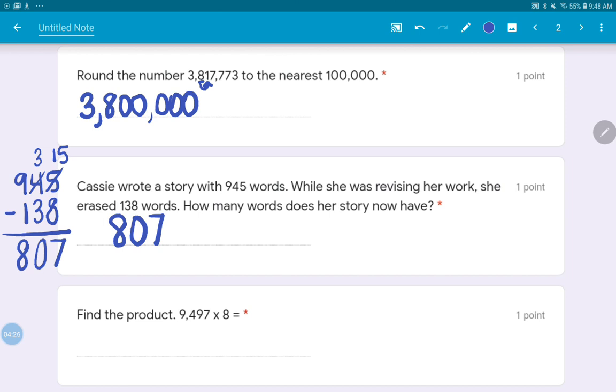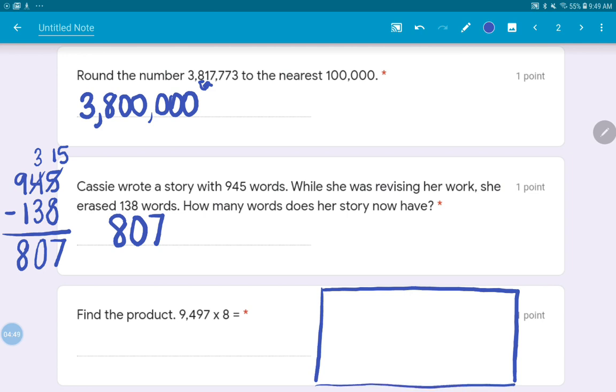All right, now we're finding the product of 9,497 times 8. So let's draw an area model today. This is one of the strategies that we can use to multiply. When I find the area of something, I'm finding out how much space there is where? On the inside, exactly. And how do I find that? What do I have to do to find the area? Multiply the